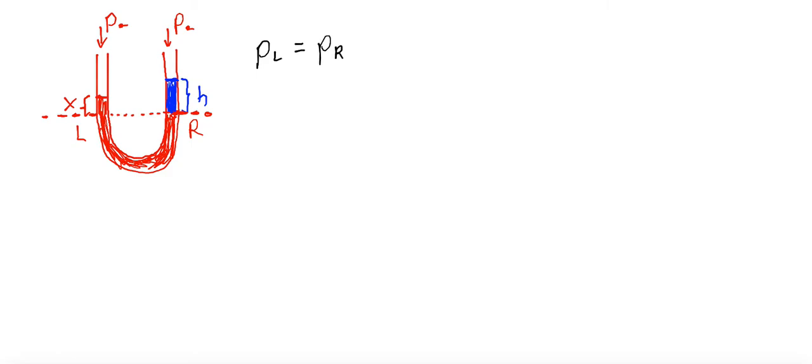What is P left? P left is the sum of atmospheric pressure and hydrostatic pressure related with this part of the liquid. So this is atmospheric plus density of red times g times x. On the right-hand side, we have the same, atmospheric plus hydrostatic, which is related with the density of blue times g times